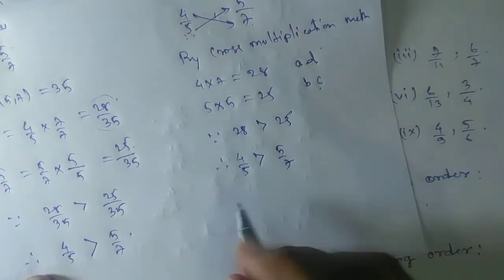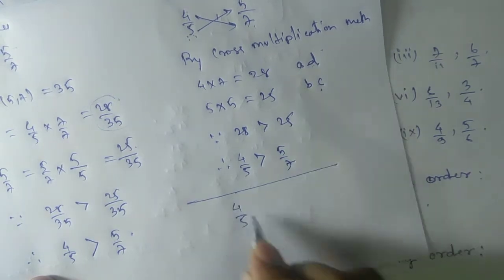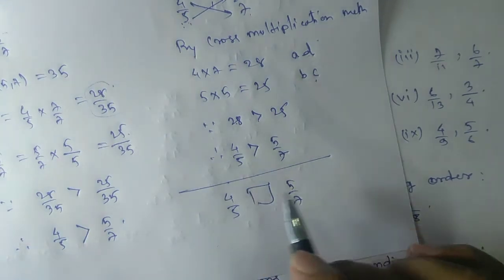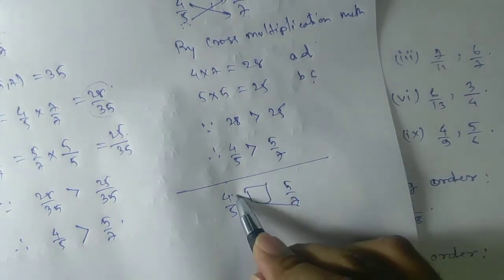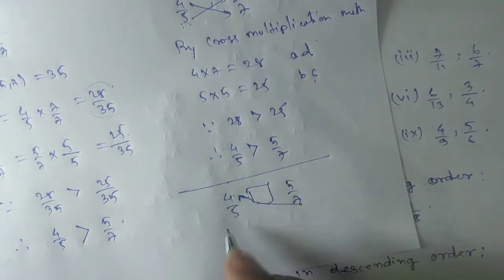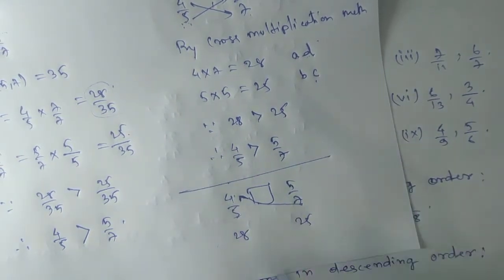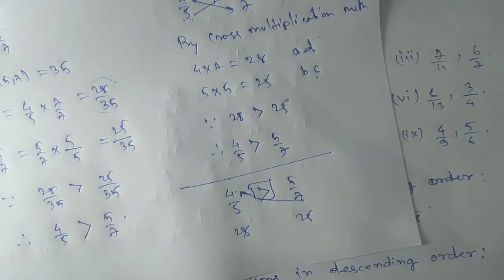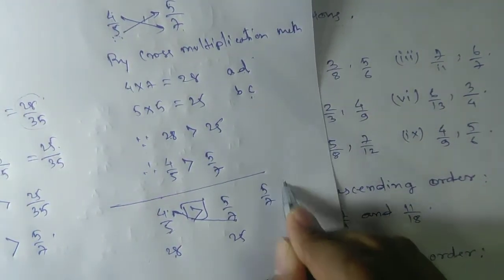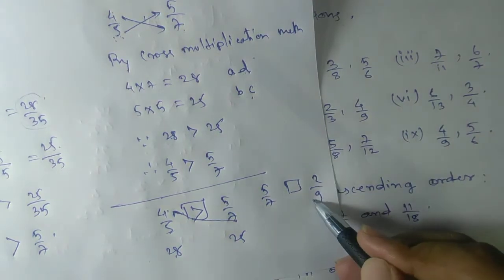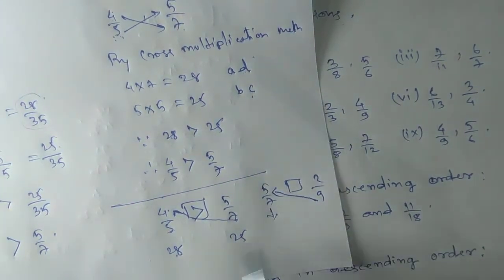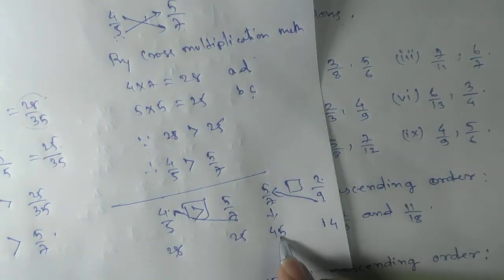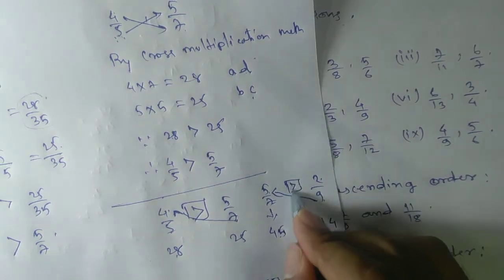Or if this type of problem, take 4 by 5 and there will be a box and 5 by 7. How are you going to solve this type of problem? Shortcut method. Just multiply this part first, 5 into 4 is 28 here, and multiply this side. It will always be this side. Now see which is bigger. 28, which side? This side. Yes. Take another one. 5 by 7, 2 by 9. Always multiply first this and substitute the value. 9 fives are 45, 7 twos are 14. Which is bigger? 45. That means this.